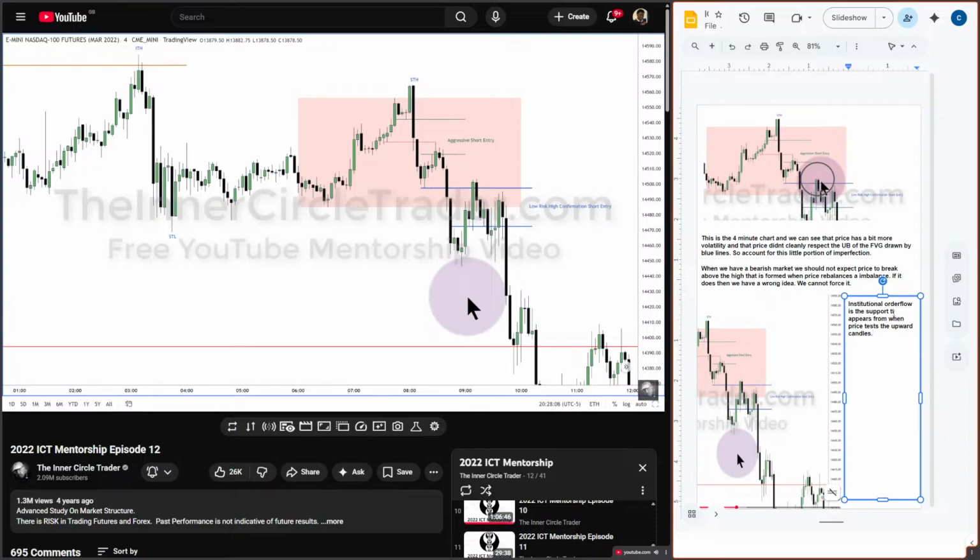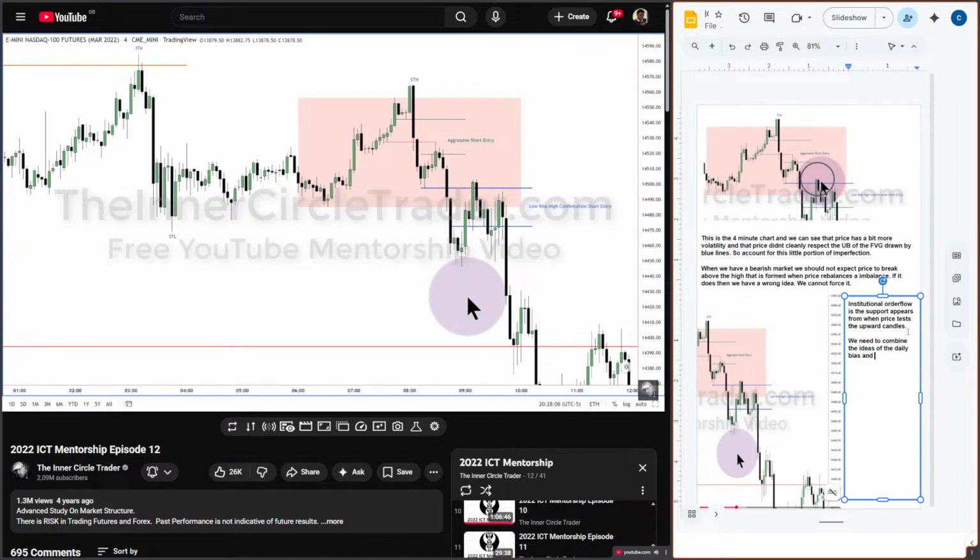In this case, as we outlined in the beginning, I showed you last week and before that we were looking for weakness in NASDAQ to take out its daily low. If you combine that logic with market structure, and the imbalance rebalance becomes intermediate term highs and lows, those key highs and lows, with them not being violated. If they are violated, that means your idea is wrong. And you cancel the idea, and you don't try to go and enforce it again and overtrade and blow your account. While the market is moving in your favor, you're going to continue to trust that move and hold on to your trade.